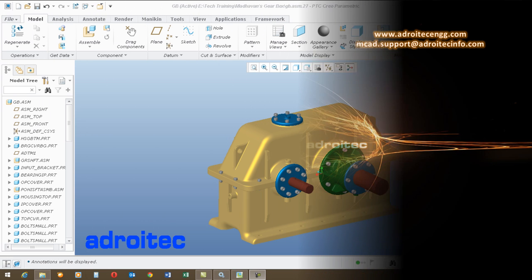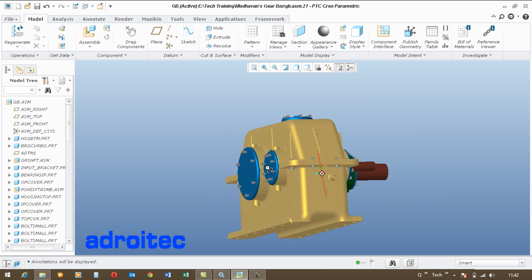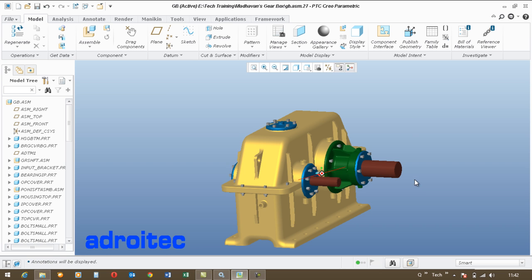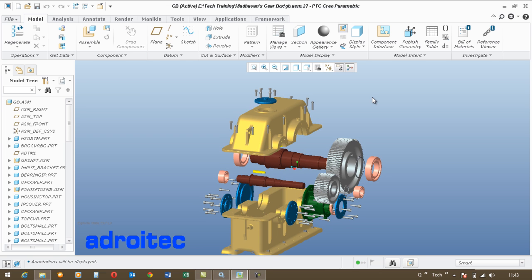In this video today we will be discussing how to create a bill of material for an assembly. For the sake of this, I'm choosing this particular assembly which you are seeing on the screen. This is a 3D assembly of a simple spur gear reducer. I think this view gives you a better picture of its construction. It's a simple construction.